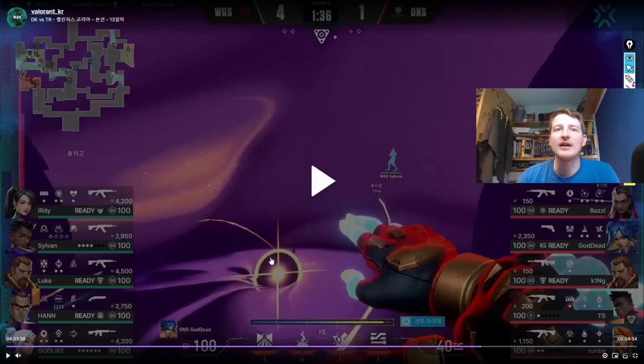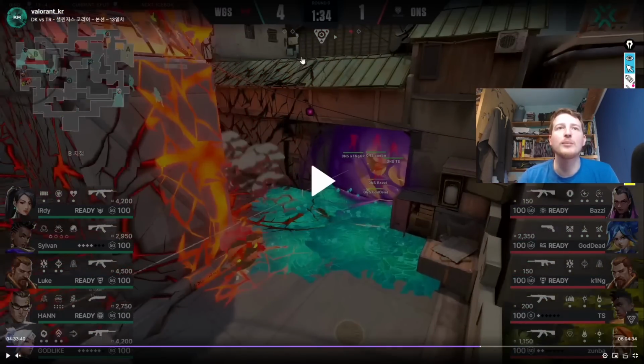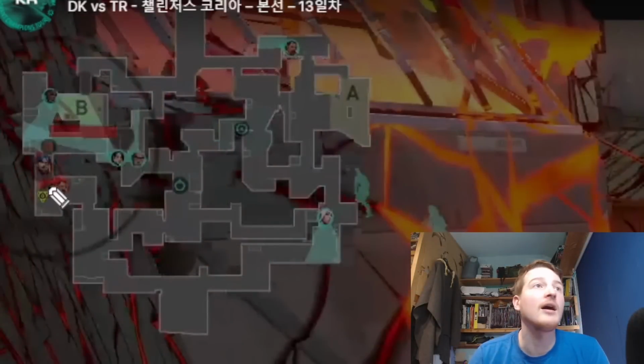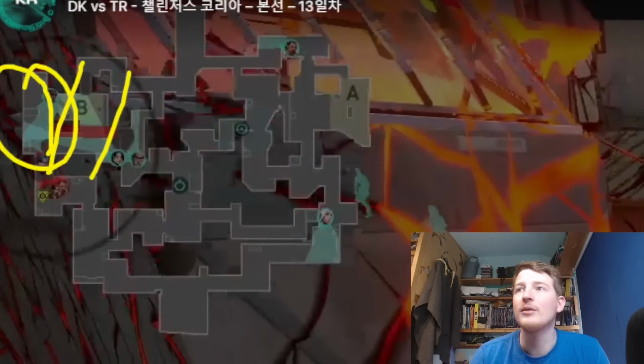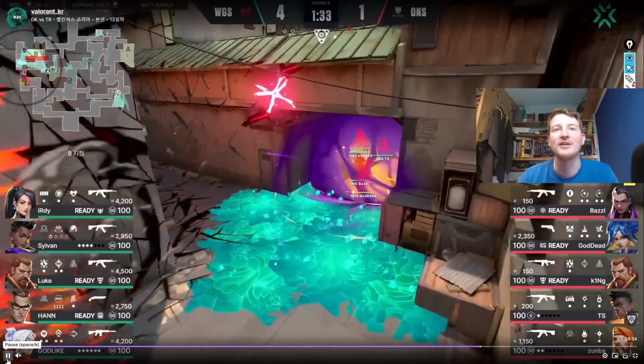They send in the Neon ult, we got this Astra suck and Sage slow behind it though, so this Neon can't really progress. However, we get the Breach ult on this side of the site right there, and then we're going to get a lot of utility that comes in onto the other side as well, as you will now see, and this Astra just gets hit by a ton of different things,